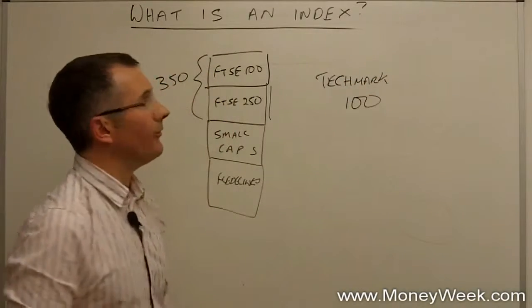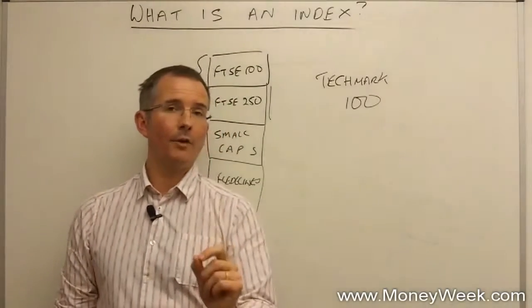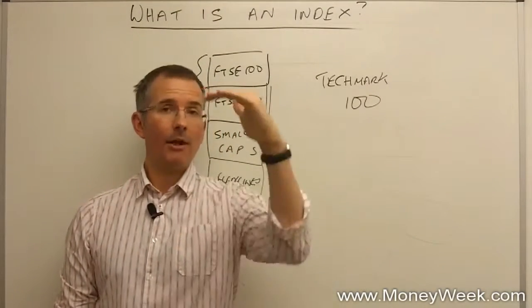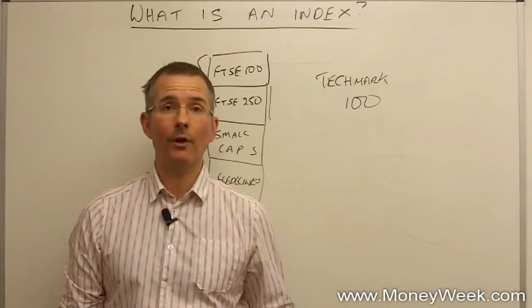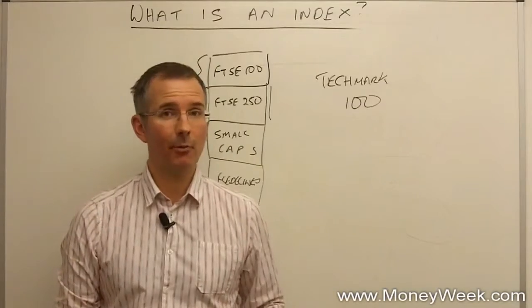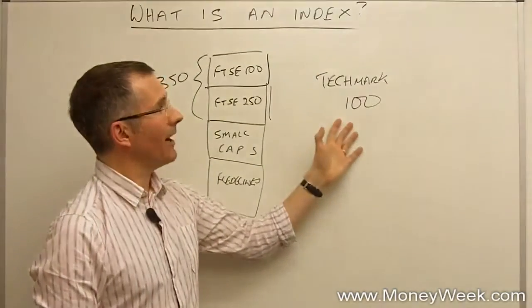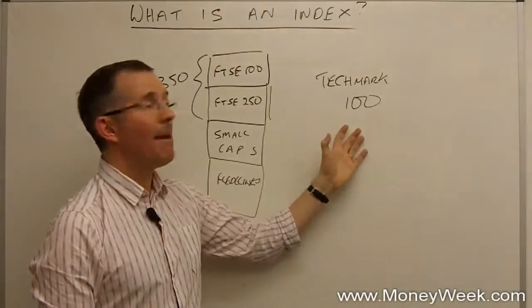The people who put the indices together went away and said, okay, fine, we'll build an index that's got the top 100 technology stocks by market capitalisation. And you can follow that if you want. You can trade that. You can use that as a benchmark if you're a technology fund manager, for example. So once you get the hang of indices, they can be designed, frankly, to include whatever members of the club